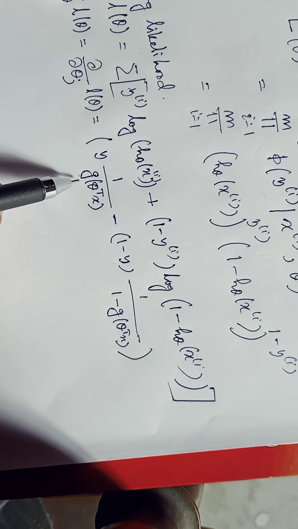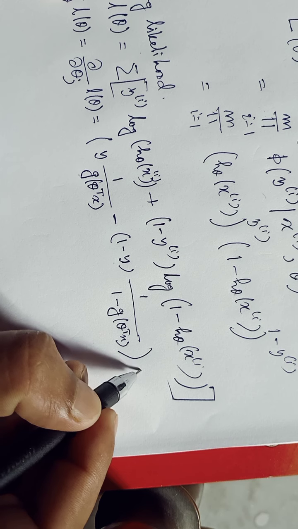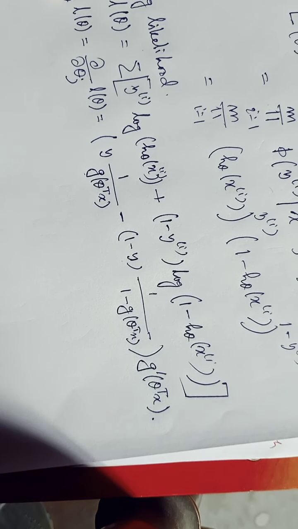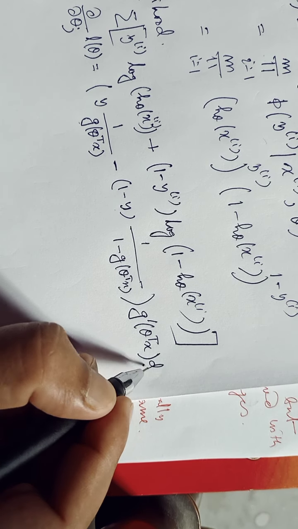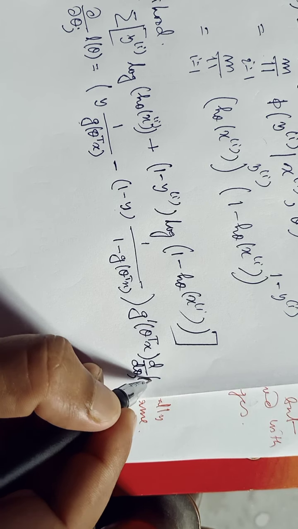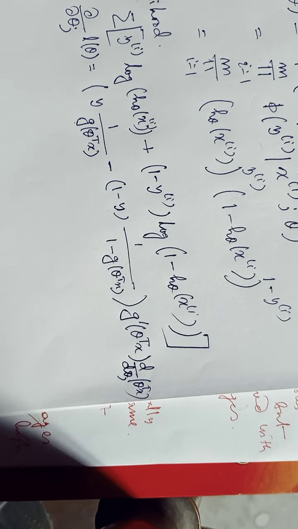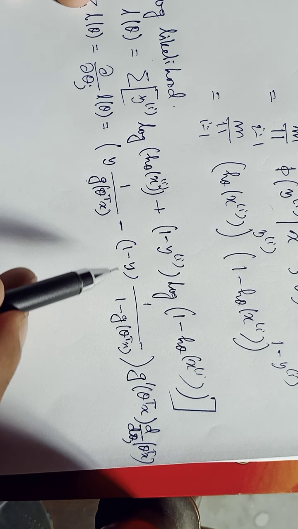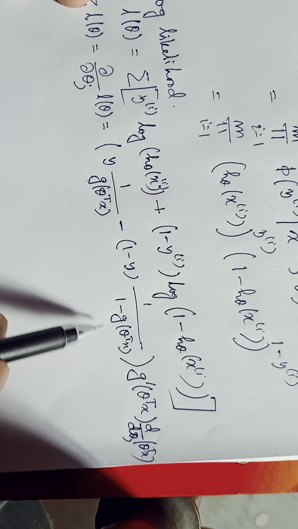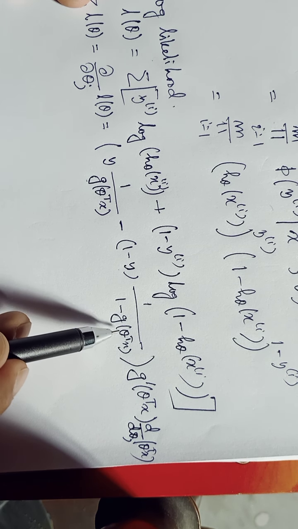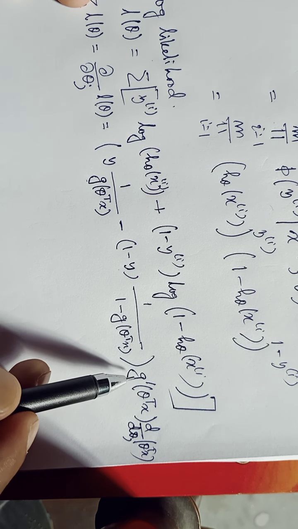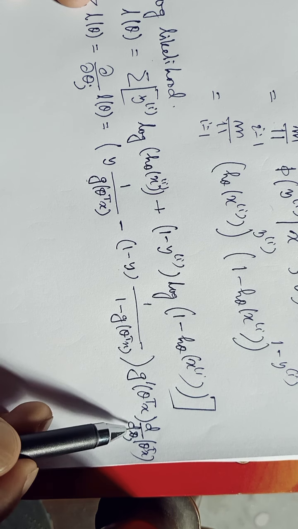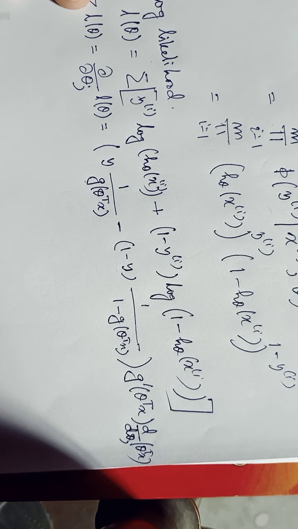Now since the function is g(theta transpose x), therefore its derivative will be g'(theta transpose x), nothing else. And d/d theta of theta transpose x. Now see, the whole derivative is y times log of this, and 1 minus y times log of this, so 1 by 1 minus g(theta transpose x). Now the derivative of g(theta transpose x) is g'(theta transpose x), and since theta transpose x is the function, therefore d/d theta j of theta transpose x equals to,